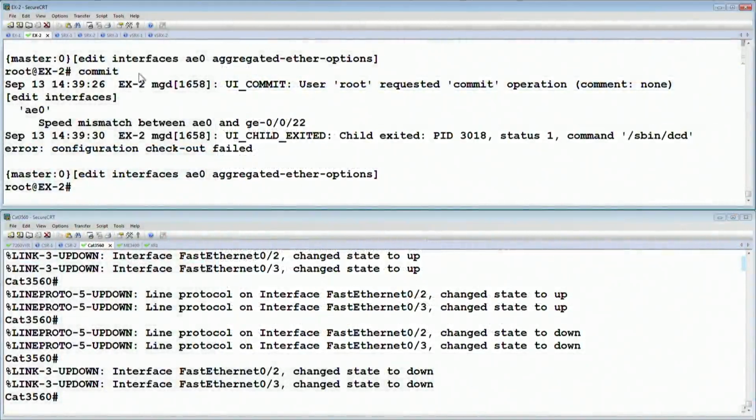So, config checkout failed. Speed mismatch between AE0 and gig 0022. So where are we trying to, maybe it's an issue with the duplex. So let's say